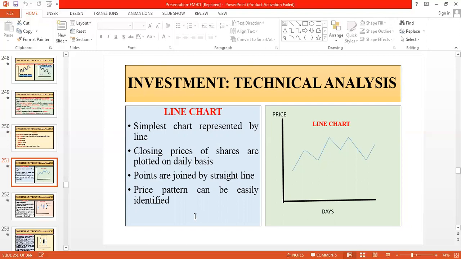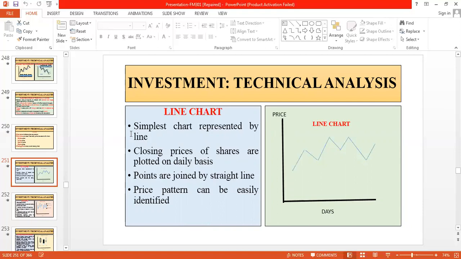The first chart that we are showing is the line chart. As we know, a line chart is a line diagram. So the entire diagram will be represented by joining some straight lines. So no undulating non-linear shape will be shown here. A simple line chart has been shown on the right hand side where the y-axis indicates the price of the equity share in the market and the x-axis indicates the days.